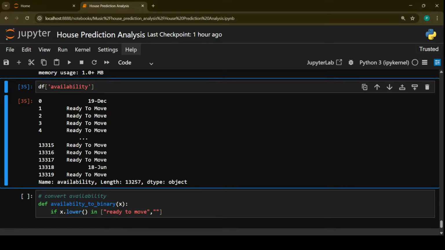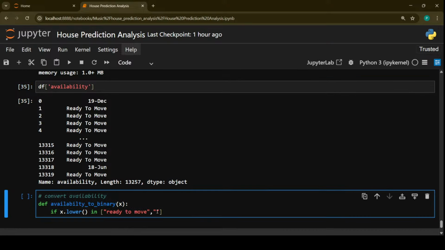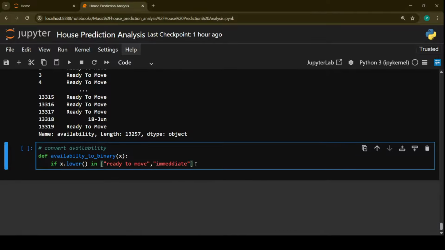So what we'll do is, if we get something like ready to move or immediate possession, for those kinds of values, we'll make it